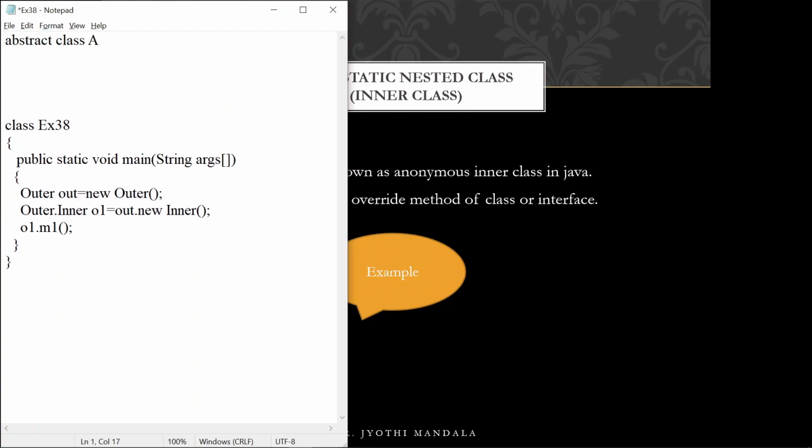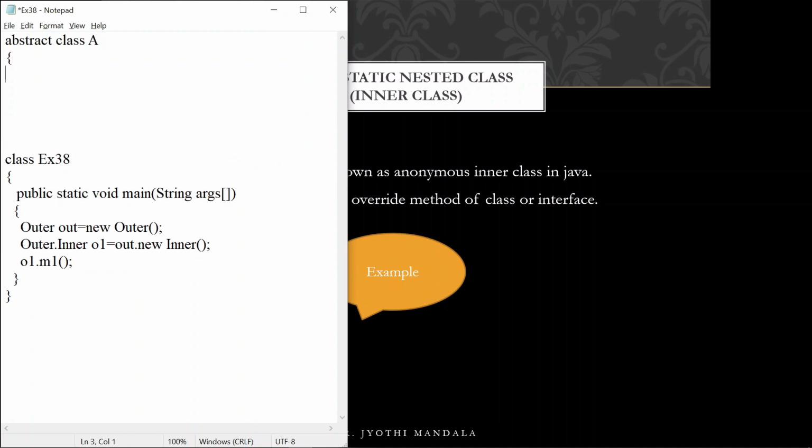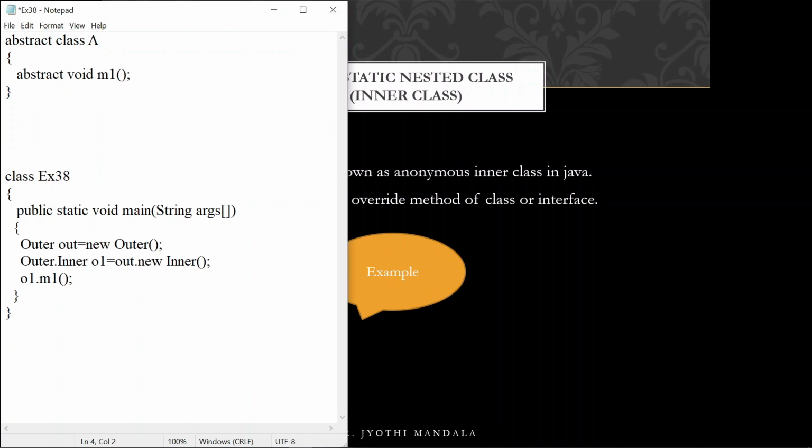This abstract class A should have only abstract method declarations. Abstract void m1. It is declared, that's it. So this is the abstract class.